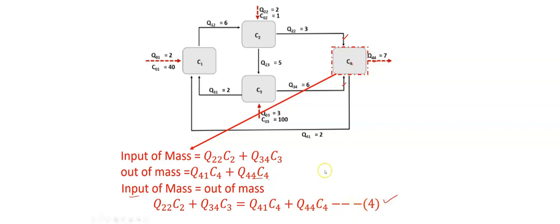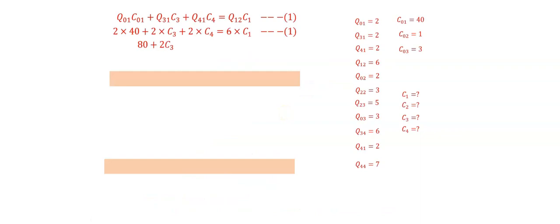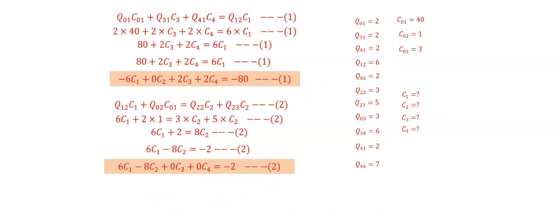Now we have 4 equations, and here the parameters are C1, C2, C3 and C4, which we have to find out. Now if we plug in all these parametric values, we'll get that. All these values are known, and these are also known concentrations, so we have to find out this one. So from equation number